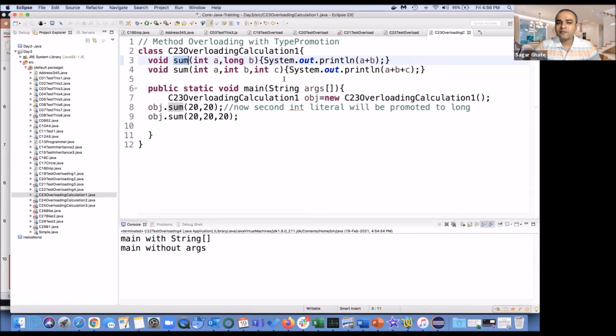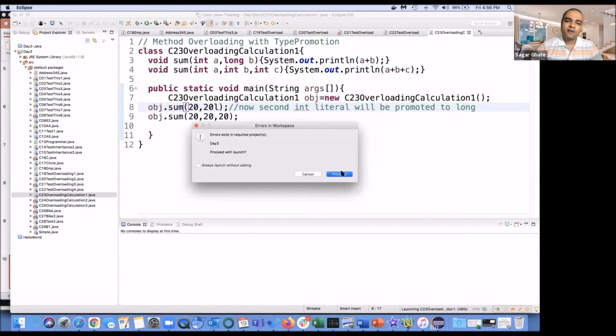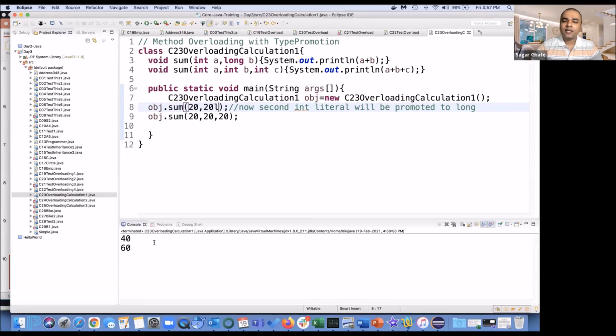What is the difference? The difference is it is int and it is long. When I say 20L, I am saying it is long, and I am going to run it. I'm going to get result as 40 and 60. But if I don't say L, it means I'm passing int and int.